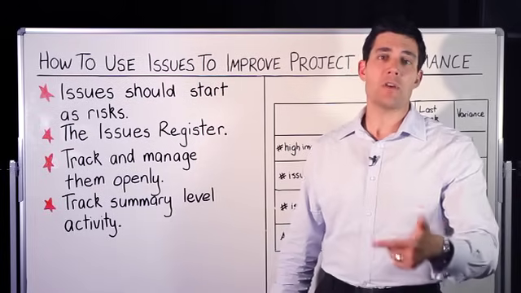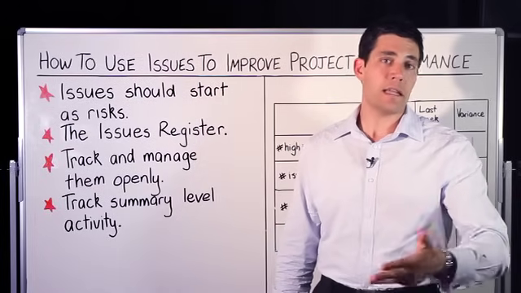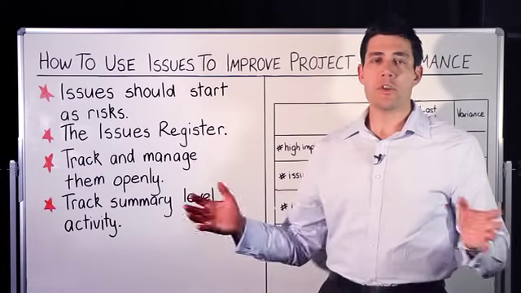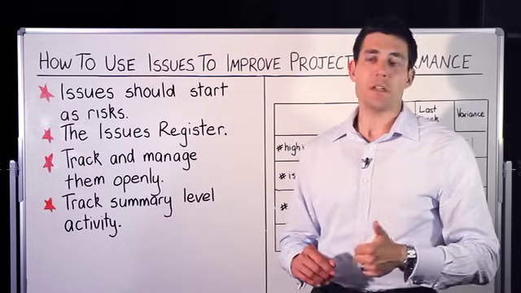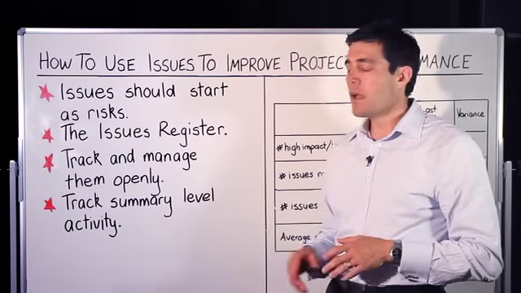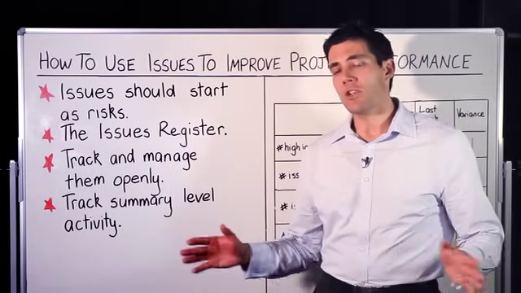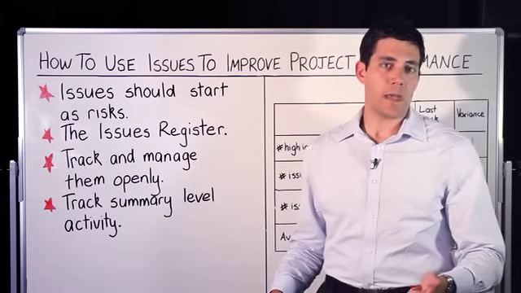Is it open? Is it closed? Is it on hold? Has it been escalated if escalation is required? Once you're capturing all that information, you can then effectively track and manage it, and do so in an open manner. I find when you're tracking, managing, and talking with your project team members on a weekly basis or a daily basis, if you're doing stand-up meetings with Scrum, for example,